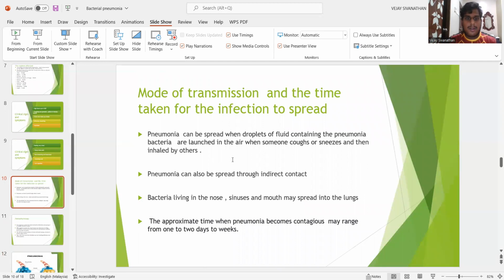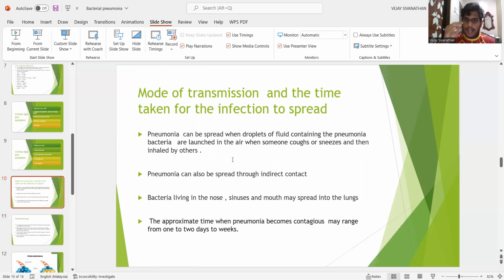Moving on, now I'll talk about the mode of transmission and the time taken for the infections to spread. Pneumonia can spread when droplets of fluid containing the pneumonia bacteria are launched into the air when someone coughs or sneezes and are then inhaled by others. Pneumonia can also spread through indirect contact. Examples of indirect contact is when